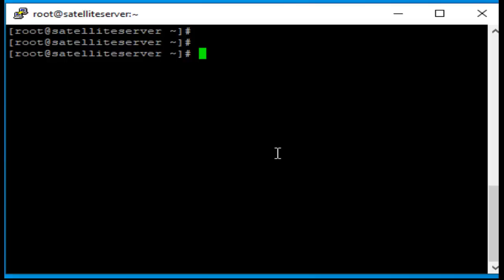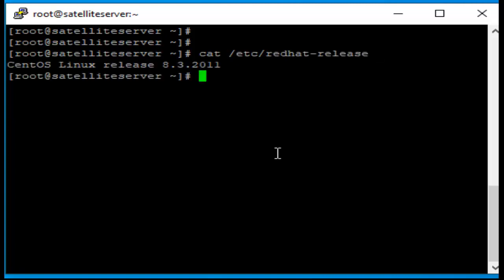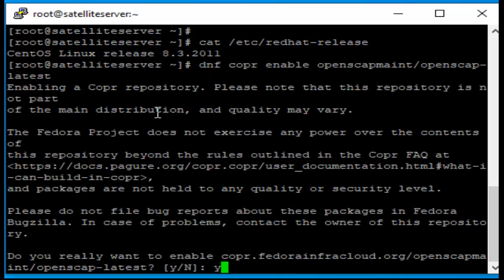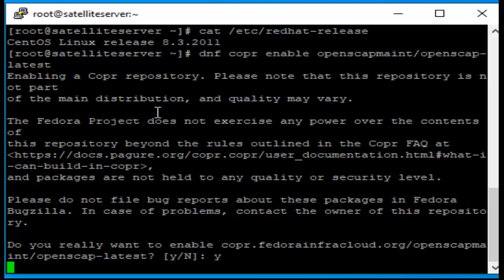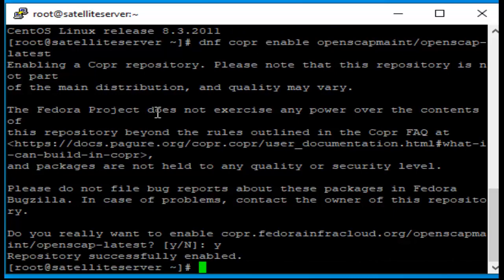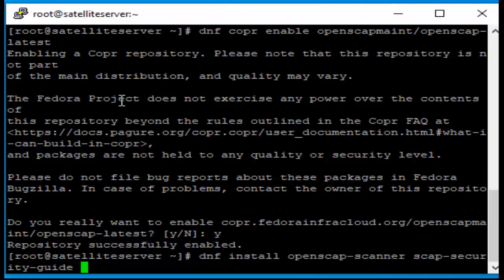So friends, for the practical, we are using CentOS 8. Now we can start to install OpenSCAP. Press Y. So we have successfully added the repository. Second command for installation: scanner and security guide.